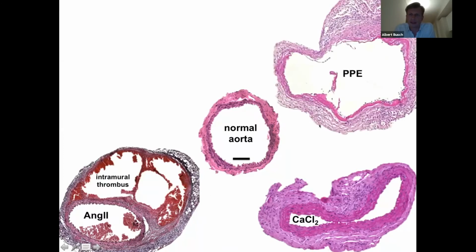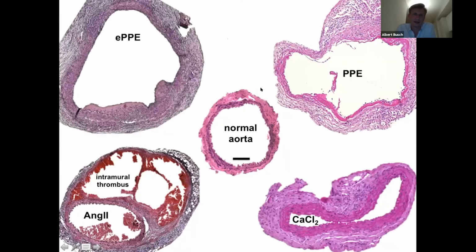One model that has also been frequently used in the past is the so-called PPE model, so the perfusion with porcine pancreatic elastase. You have to surgically manipulate the aorta, which is kind of challenging, and you have to put the elastase inside the aorta. But those mice do actually get nice aneurysms, and we do see a couple of features here that are very human-like. And throughout the last 10 years, something that has come up is putting the elastase not inside the aorta, but putting elastase outside of the aorta.